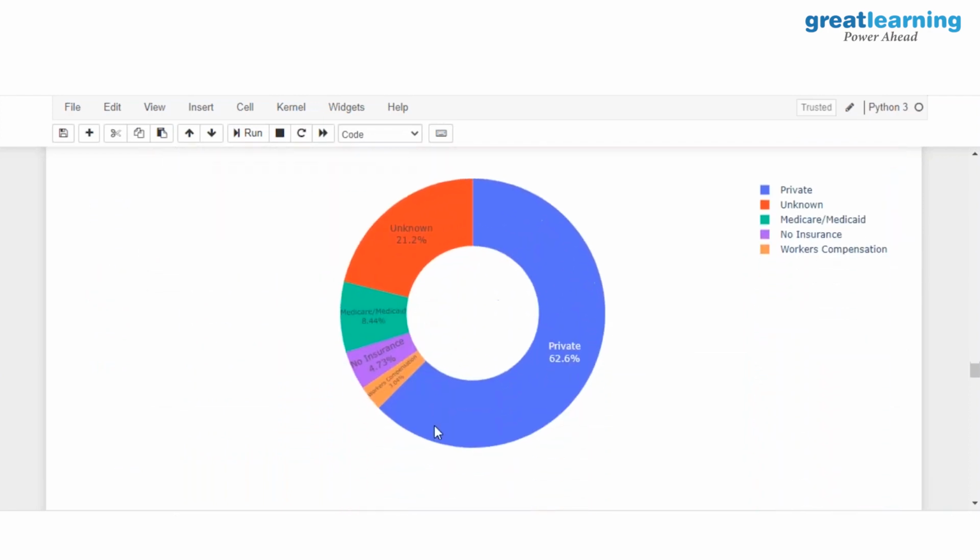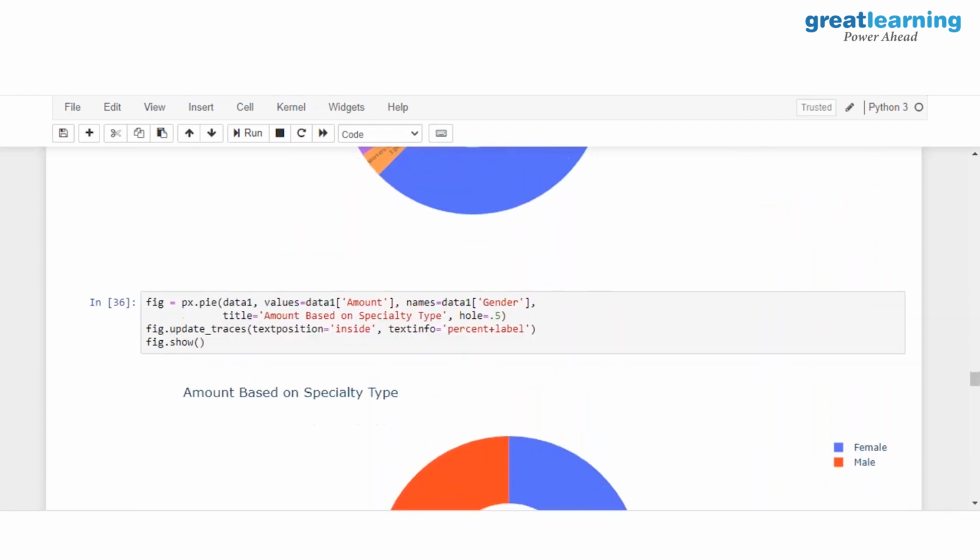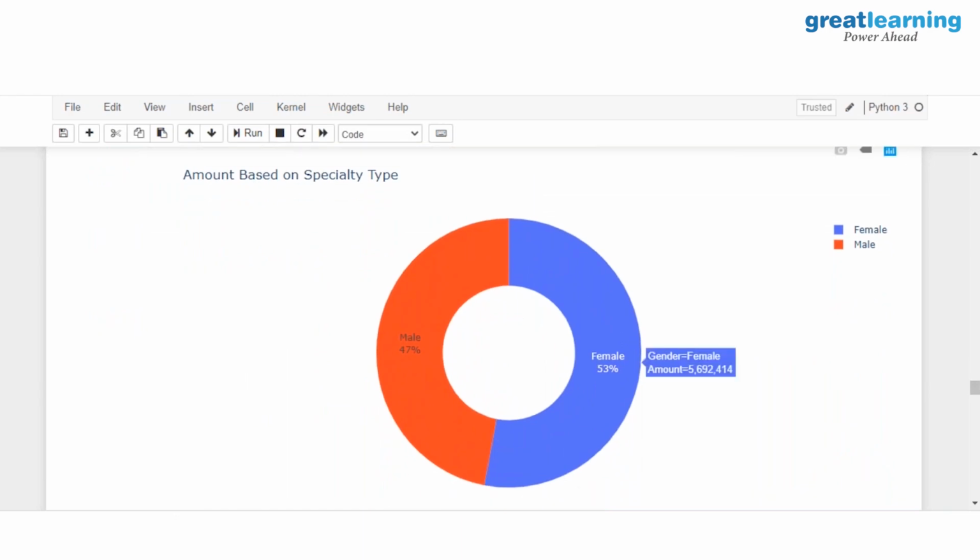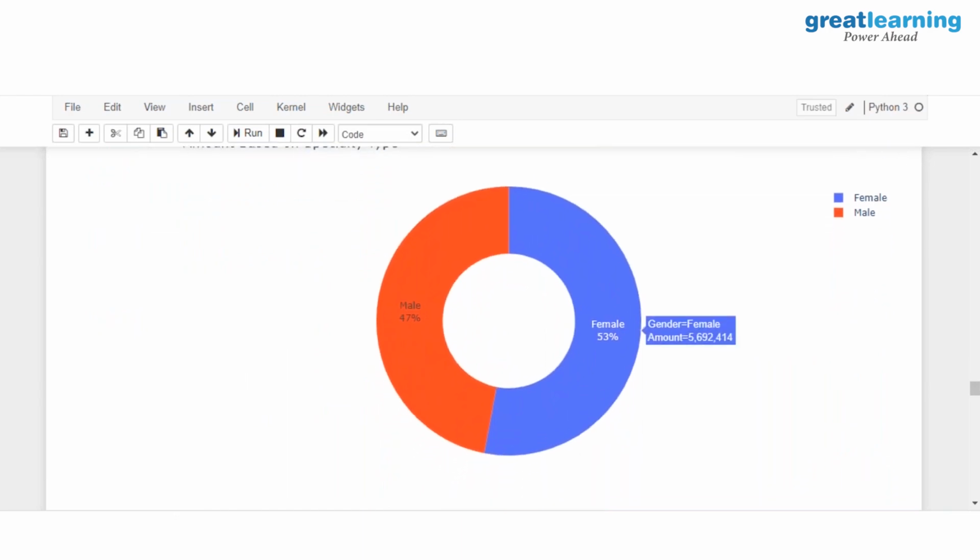If you look at it from the insurance perspective, that's the percentage. So we see close to 63% is about private. There are unknown 22% as well. That's a very, very high number if we are thinking from a perspective of fraudulent claims. From a specialty type, we have from the gender,